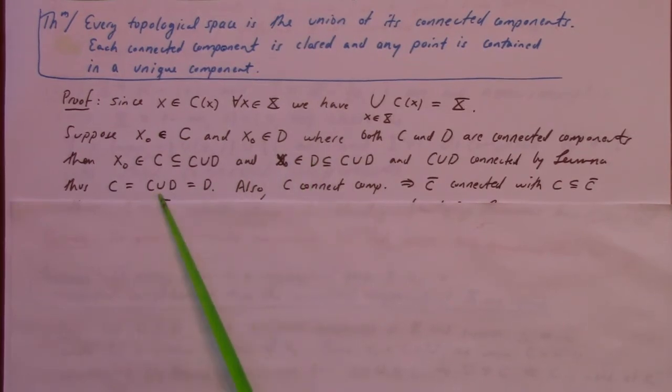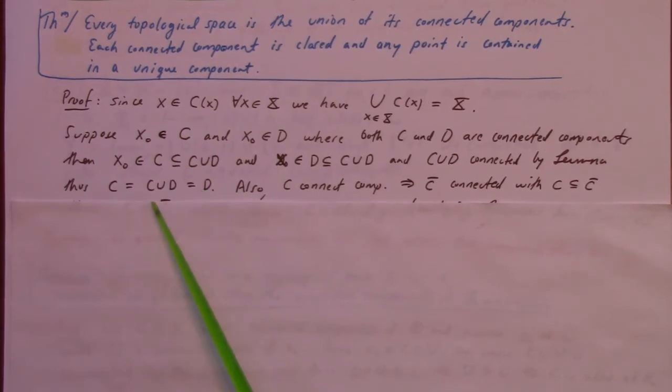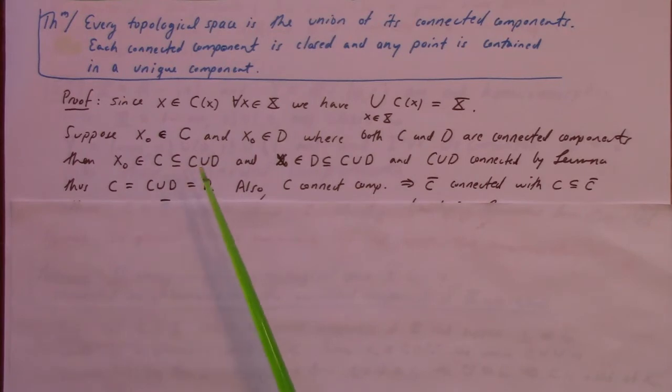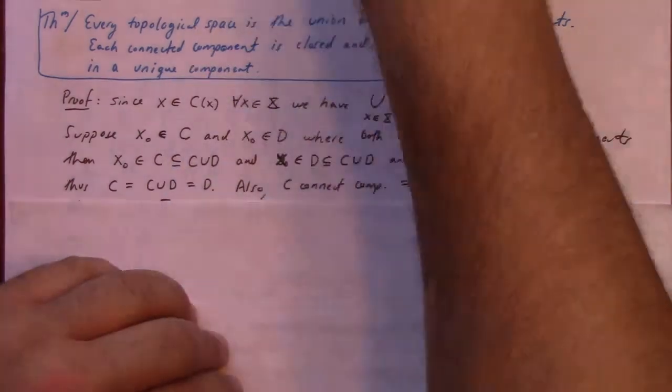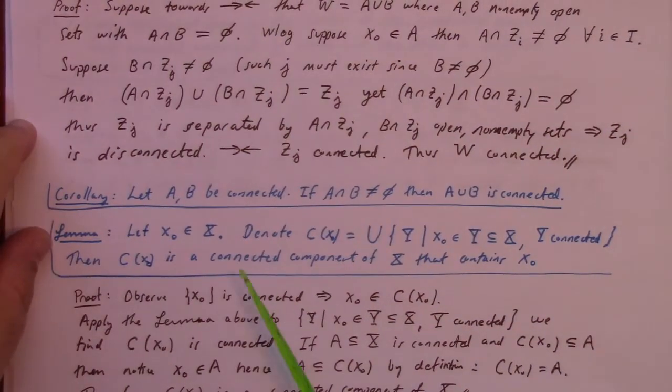Therefore, C is equal to C union D is equal to D. Oh man, something's slipping past me here, guys. Why do we get equality here? I mean, that's just set theory that C is a subset of the union, and that D is a subset of that union. And I just can't remember. Sorry, guys. So we just proved that